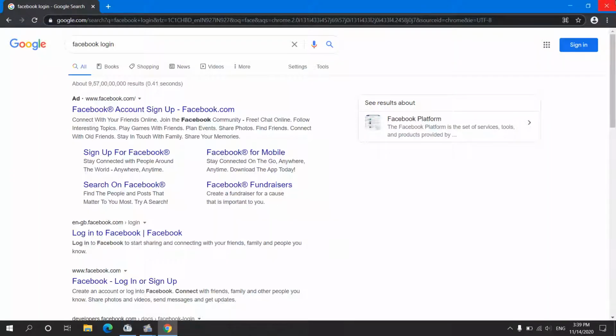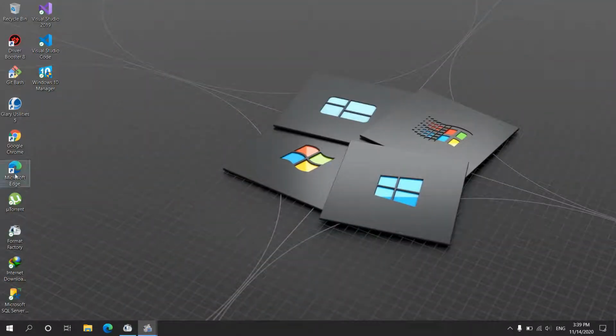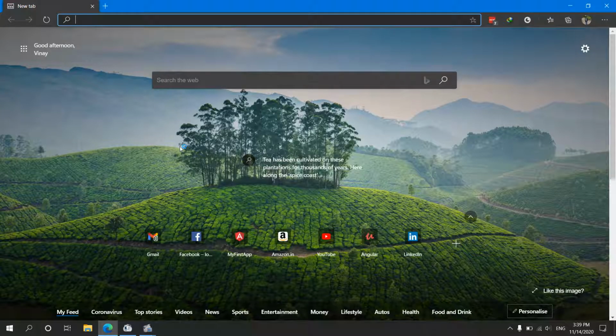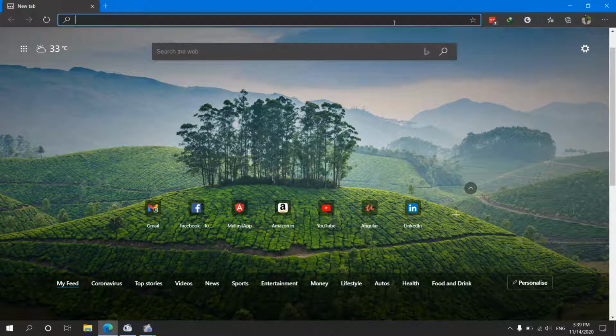So you can use any mobile QR scanner app. You can find many apps on the Google Play Store to read this QR code. The same way, it also works on Microsoft Edge. First of all, I have shown you on Google Chrome. It may also work on Microsoft Edge, so you need to follow the same steps.